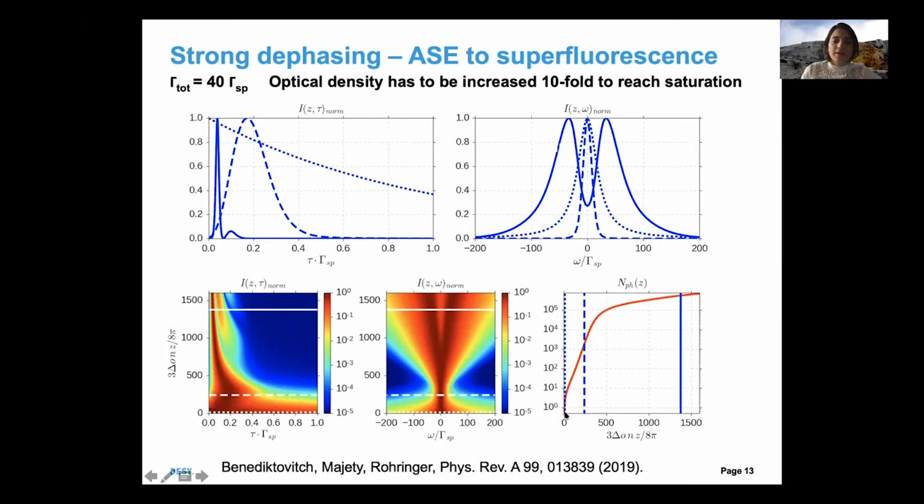And then the system starts to amplify. This amplified spontaneous emission amplifies exponentially. In this exponential phase, one actually sees gain narrowing, meaning that the spectrum is getting narrower and narrower. At some point, one then transitions to the scheme of superfluorescence, where one again can have this ringing phenomenon. So even in that case, at some point, coherent pulses are created.